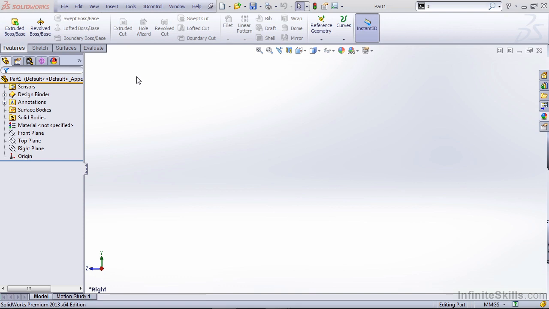In this video, we're going to talk about setting up your command manager. Whenever working in SolidWorks, it's important to be familiar with the modeling environment. SolidWorks gives users a lot of control to help customize that environment. The first thing you notice when you open SolidWorks is the command manager located at the top of your modeling